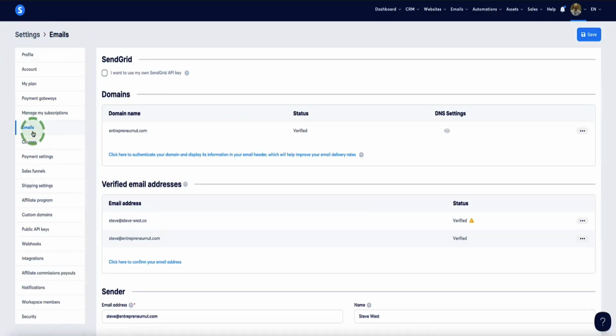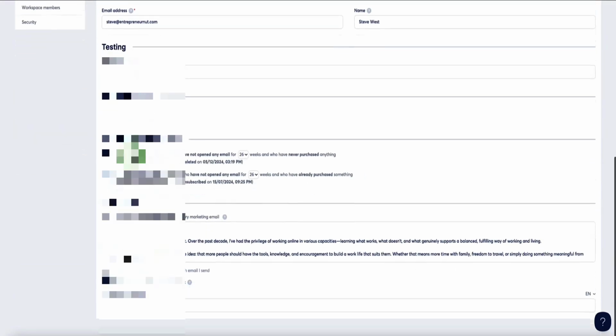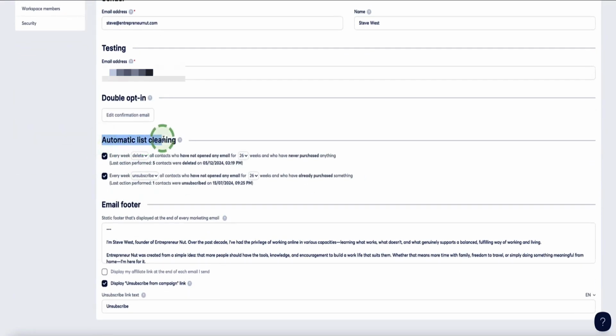We're in settings and under emails. And let's scroll down, and now we have this area here, this option for automatic list cleaning. So it's really important that you clean your email list every now and again to remove subscribers who are no longer opening or engaging with your emails. Because if you keep sending emails to people who are no longer opening them, then that's going to hurt your